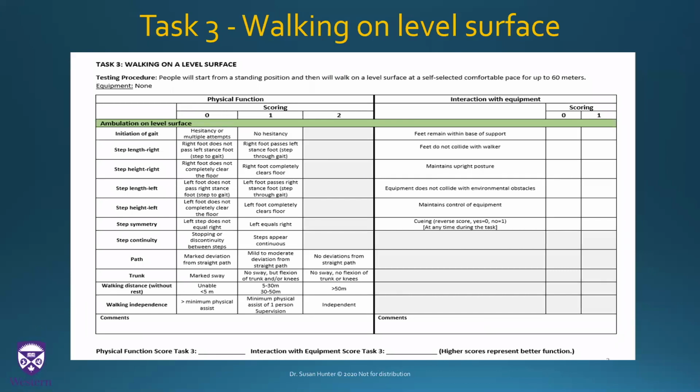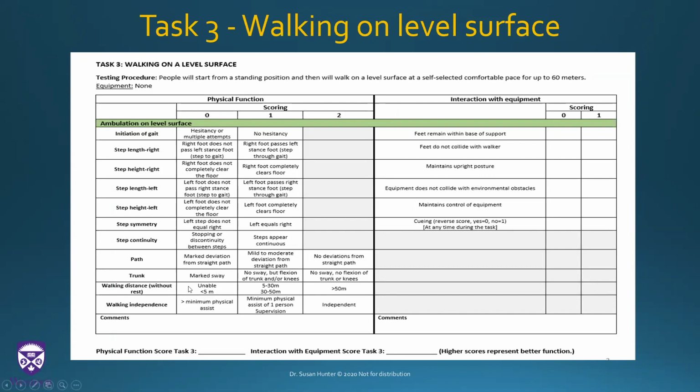For this part, we start the person in standing. And they start from a standing position, and then we'll walk on a level surface at a self-selected comfortable pace for up to 60 meters. 60 meters was identified from our focus groups as what would be reasonable to look at endurance in walking. And then this requires the person to be doing laps of the 6 meter distance that you set out. And within this is where we have the safety